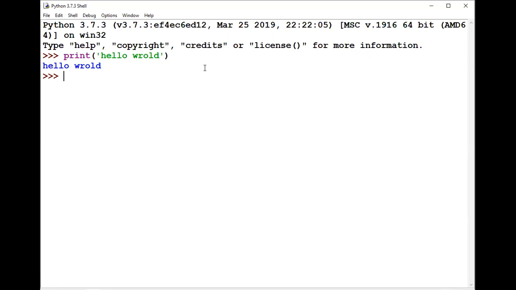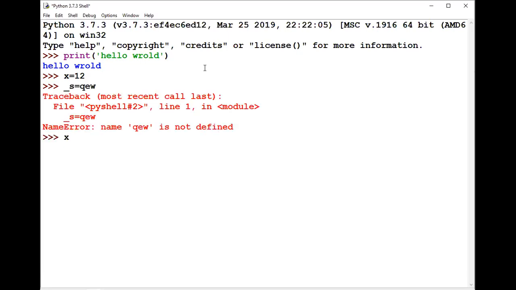And then we discussed variables. A variable is nothing but an identifier which is used to store some information. Your variable name may be a short name or a descriptive name. It may start with an underscore, or it may contain numeric values, but it should not start with a numeric. It should start with only letters or an underscore. So these are the concepts that we discussed in our last session.